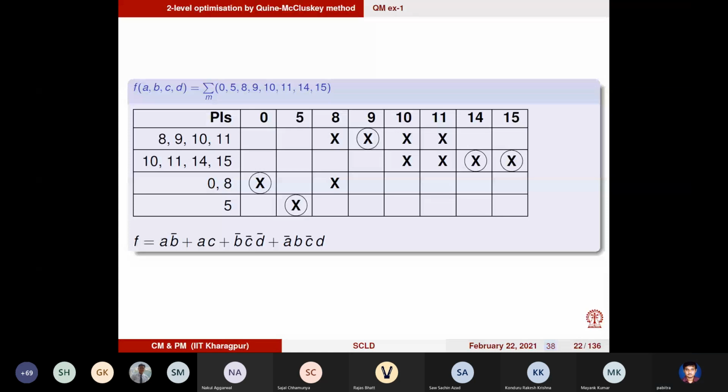One thing you see: you first identify the columns which contain only one cross. Column 0 contains only one cross. 5 contains only one cross, 9 contains only one cross, 14 contains only one cross, and 15 contains only one cross. So these corresponding minterms 0, 5, 9, 14, 15 would be called essential minterms. No, sorry, they are just covered by